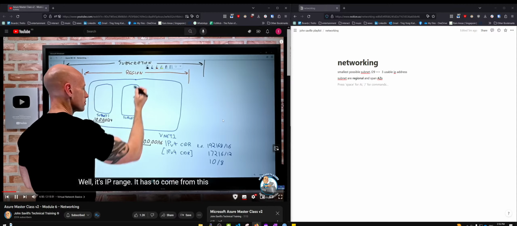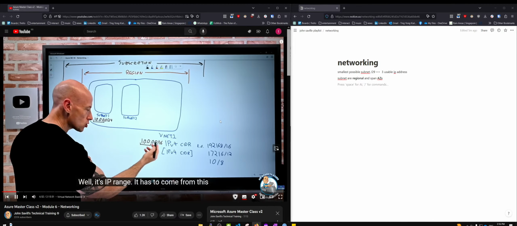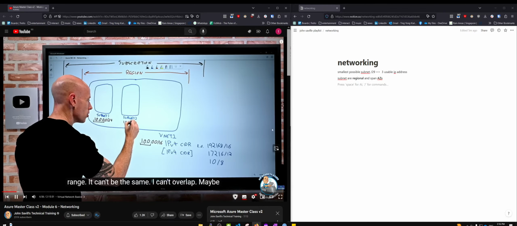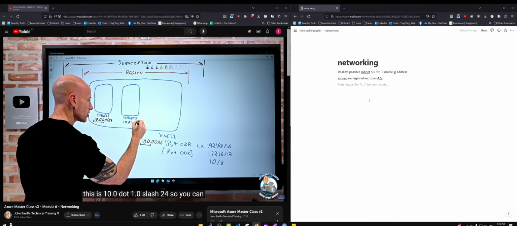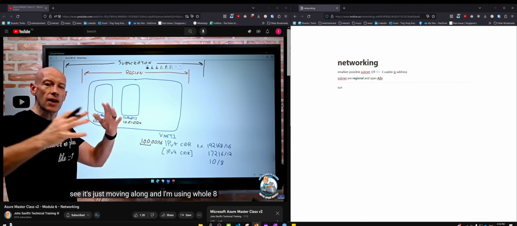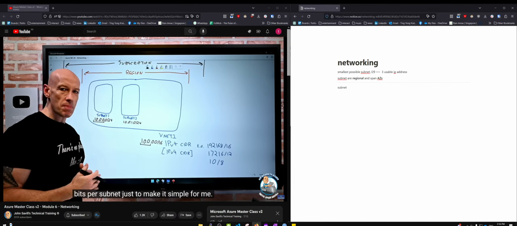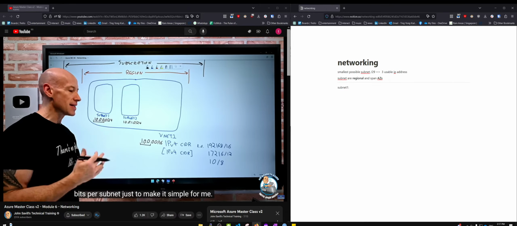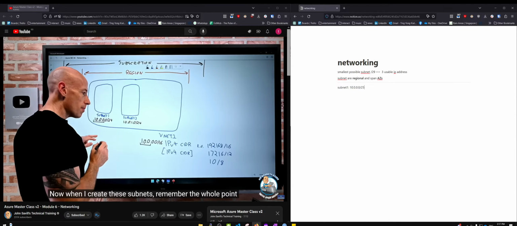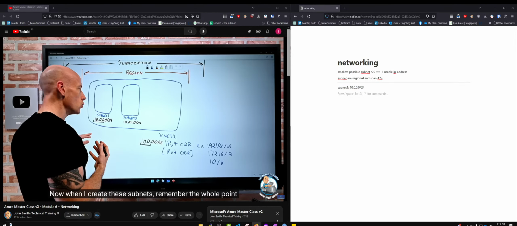Well, its IP range has to come from this range. It can't be the same. It can't overlap. Maybe this is 10.0.1.0/24. As you can see, it's just moving along, and I'm using whole 8 bits per subnet just to make it simple for me. Now, when I create these subnets, remember, the whole point is we lose a set of